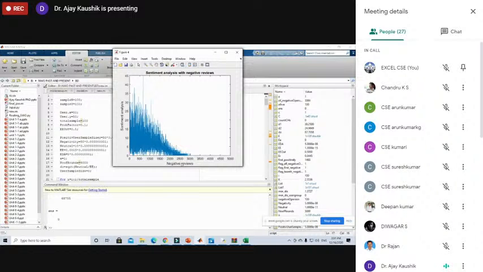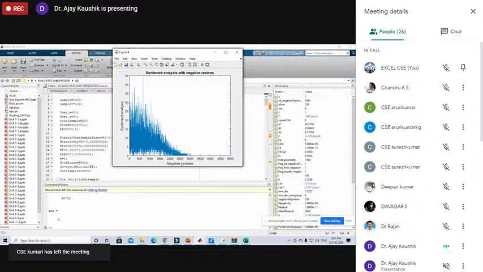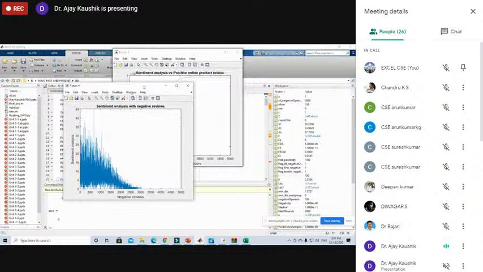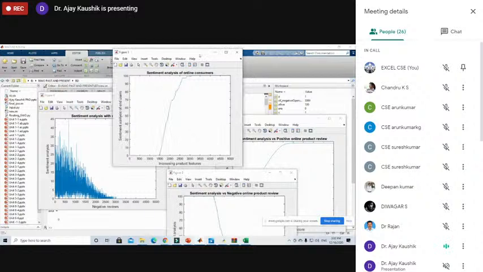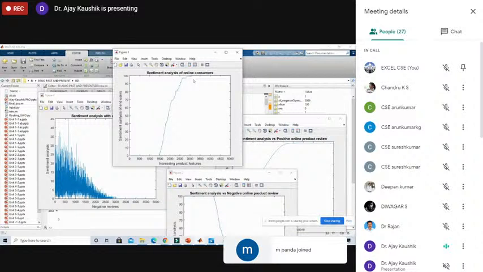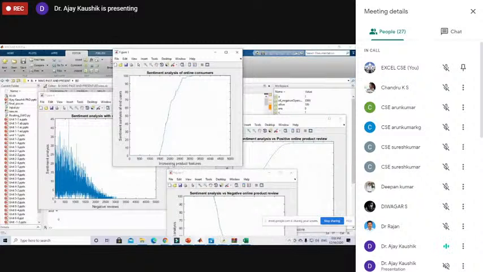So these are the outputs that we are obtaining from that particular code, that particular sentiment analysis. As we can see, this output is from one of my research papers. We obtained 4 outputs here. My output number 1 is showing sentiment analysis of online consumers with increasing product features, that is, as the features of a particular product